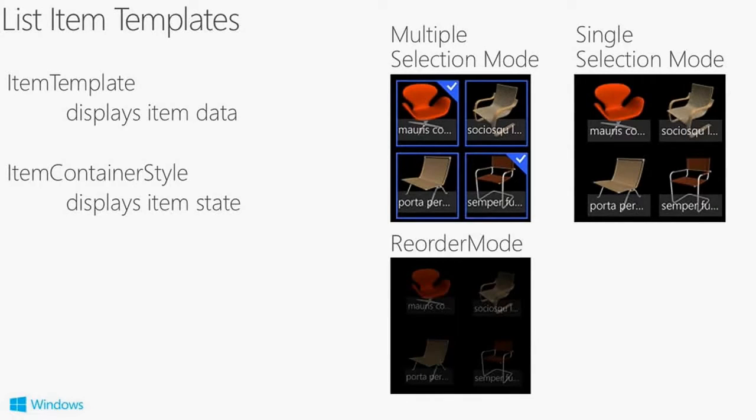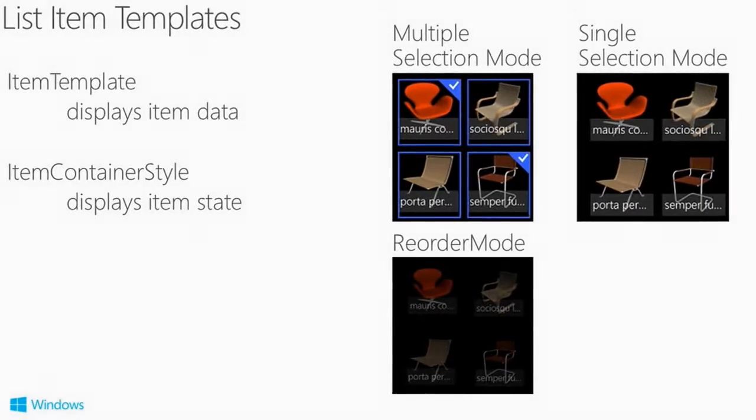List items also have an item container style, and this defines how the item is going to look when it's in a different state. These states could be multiple selection mode or the reorder mode. You can see that we've changed the opacity a little bit. It looks different when it's selected versus unselected, and it even supports different styles for data virtualization of the item. The item container style is a powerful element, and it does a lot of things. But you can just leave it alone, and you'll get all the default styles that your list item should look like,